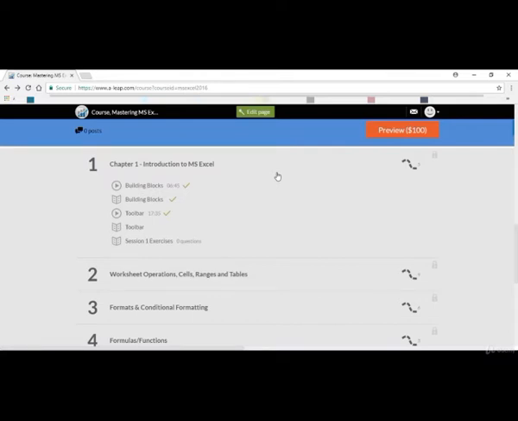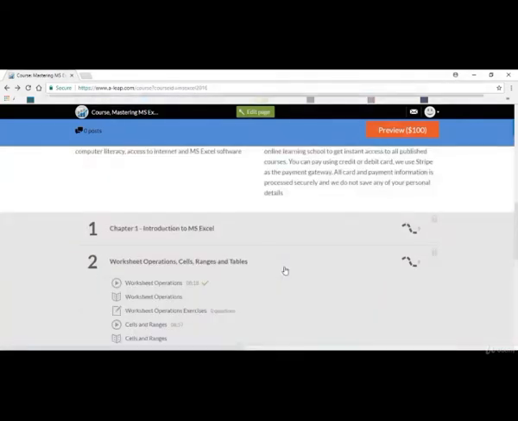We will then move on to discuss a toolbar. Now for your easy reference, we've provided an ebook following each of these videos, which basically lists down whatever we have covered in that session. At the end, we've provided some exercises for you as well.